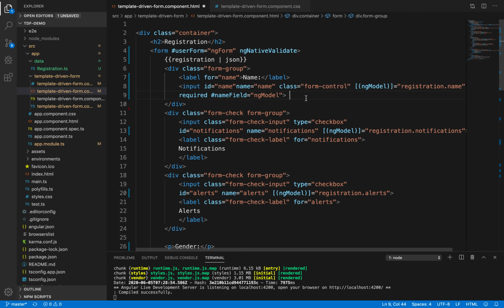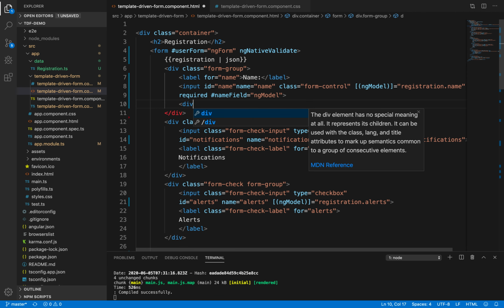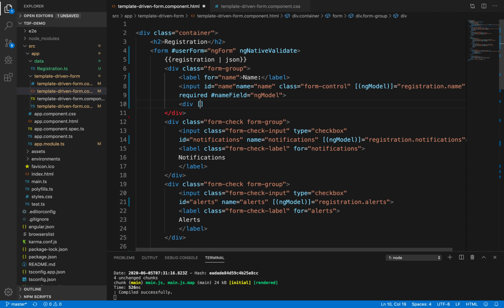Once we have done this, let's create a div element over here. Hidden equals nameField.valid or nameField.untouched.